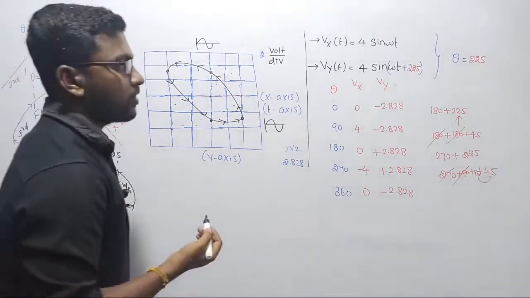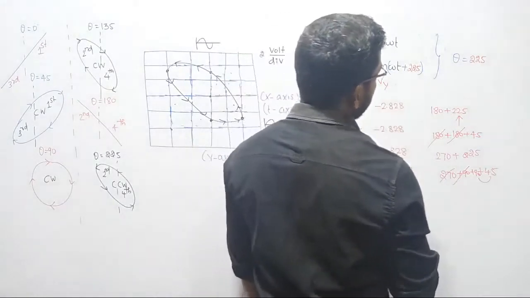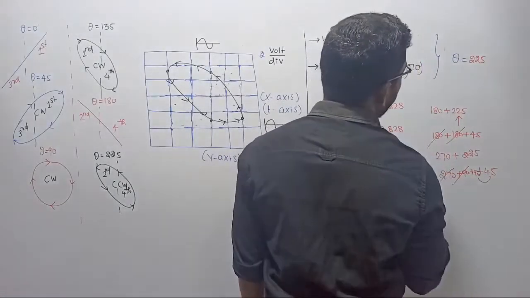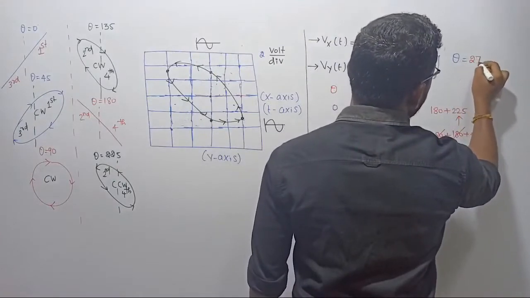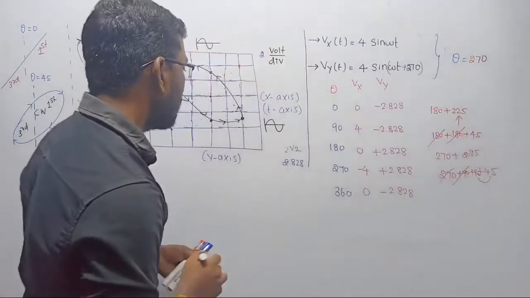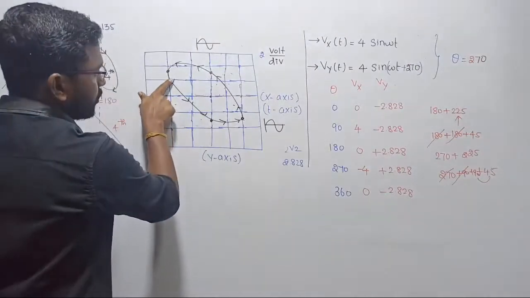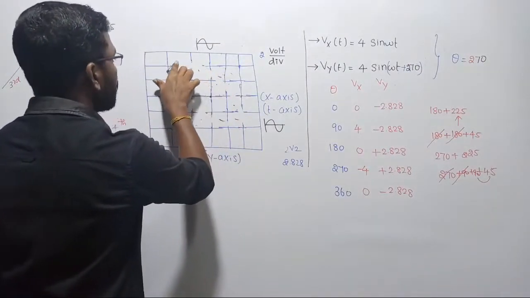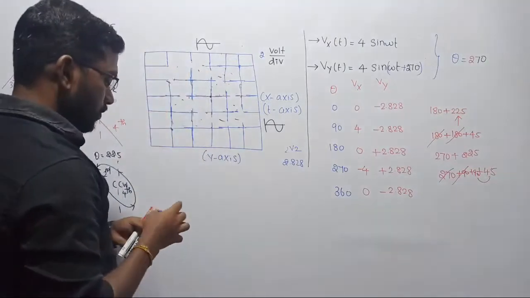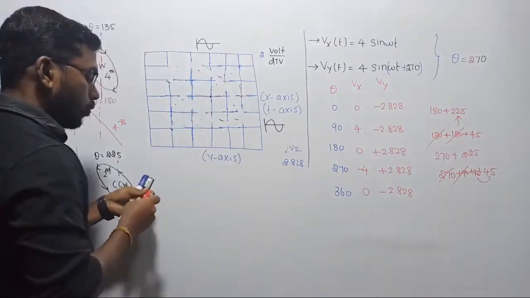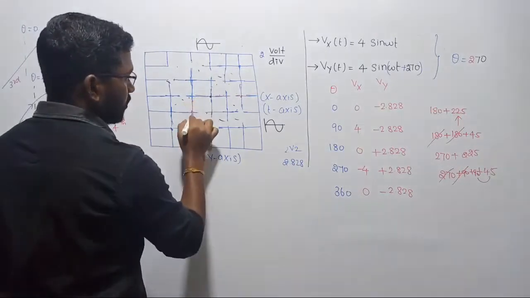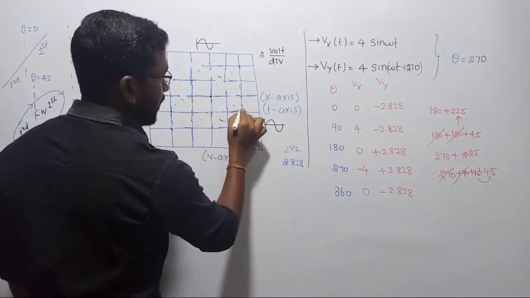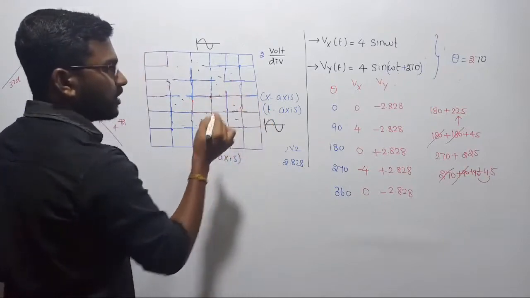Let us raise the angle once again. Plus 45, if I add this, that is going to be 270 degree. Let us see at 270 what type of pattern will be displayed on the screen. Okay, let's observe. Again let me remove this one. Some things are standard here. One thing you have to understand: in your examination, if we are tested with some different signals, anyway, I hope in TRB, TNB at all, they won't go that much.